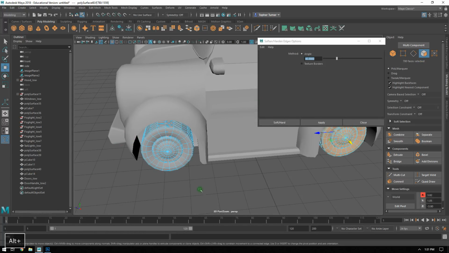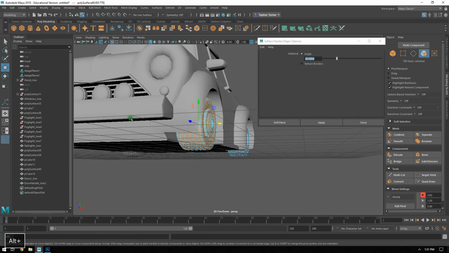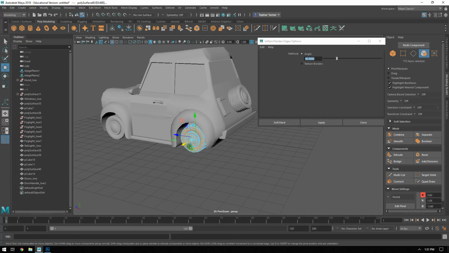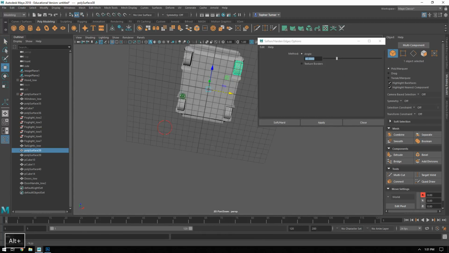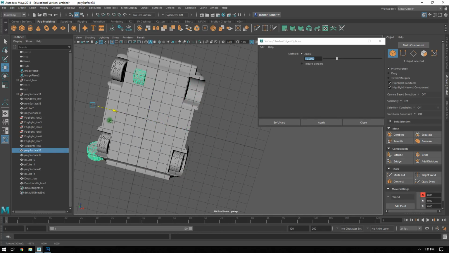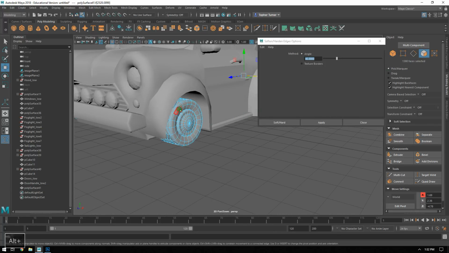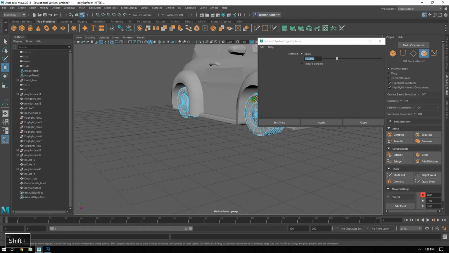So I've got two front wheels on this guy. That one's fine. Okay. So we're going to put all the wheels together here in one object. And then if I go to polygon mode and just grab all the rubber,